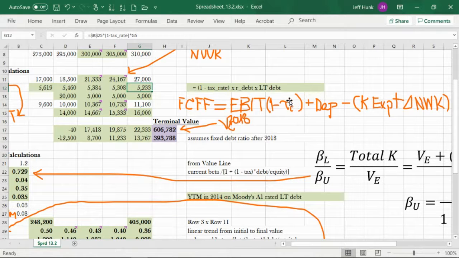So that's EBIT minus tax, right? Plus depreciation, right? EBIT minus tax is basically what? EBIT including,